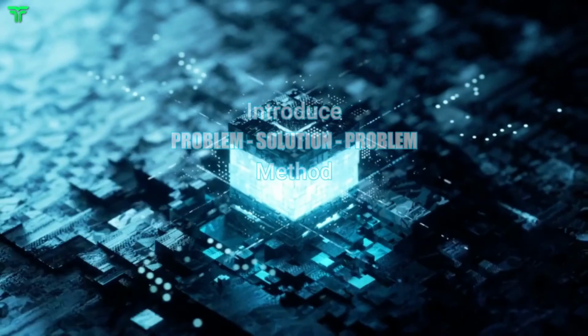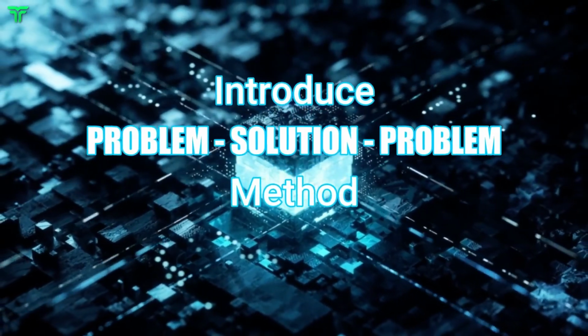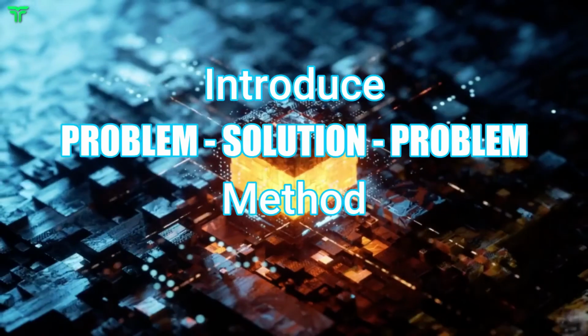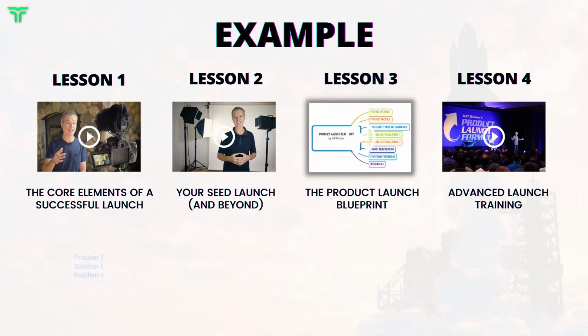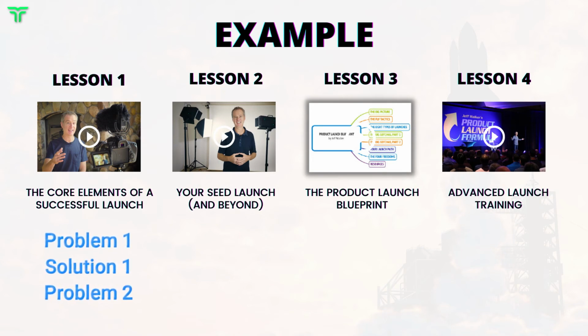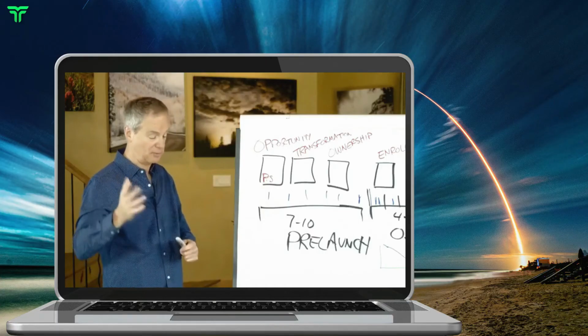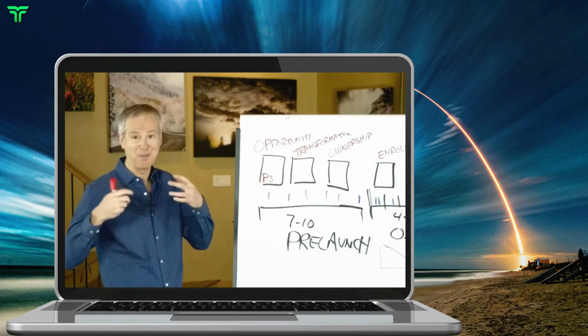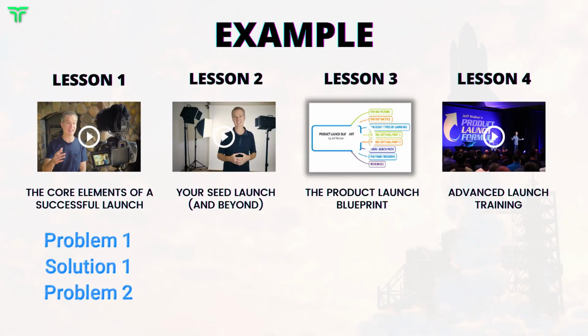So now, instead of problem, agitate, solve, I have this thing I call the PS path, the problem solution path. In this first video, you would define a problem. And you would not just define it, you would actually give the solution, flat out give it. I'm just going to use mine because we're compressed on time and I'm more familiar with it. The first thing is, you want an online business, you need to launch. So let me show you how to launch. And then I'll actually teach the sideways sales letter.